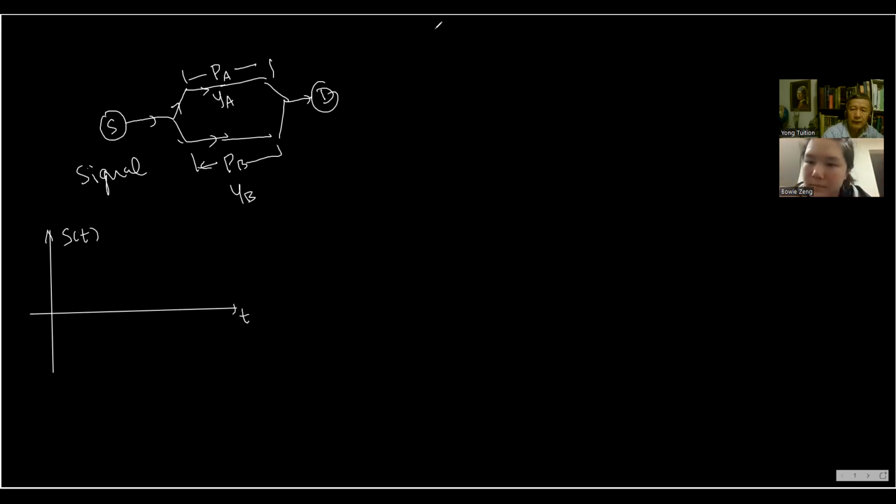So this signal, if this is a perfect sine function, then we can add them up. Can you see? So that's the signal, right? However, at this stage the signal is the same, all right? But after that they make the path difference. So the phase is changed, okay? The phase is changed. So what we can say is that after they meet,